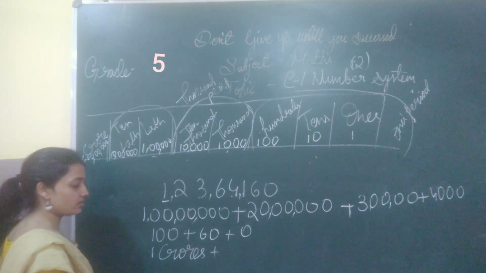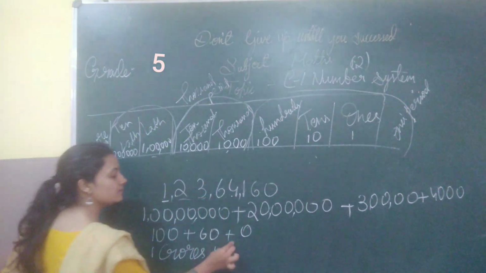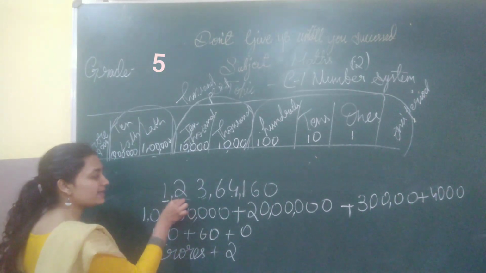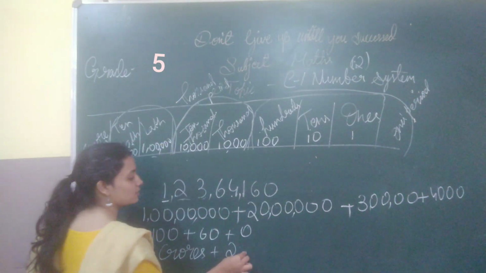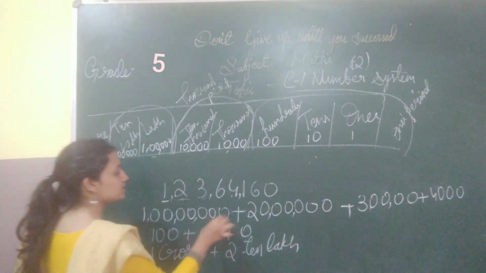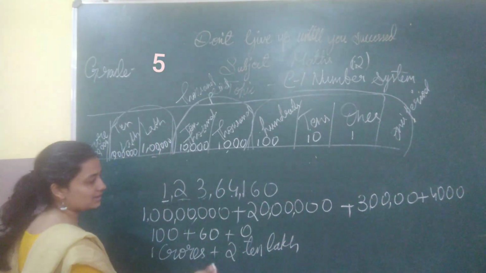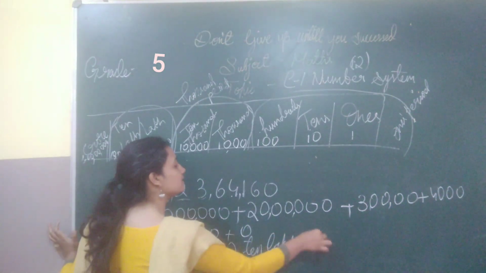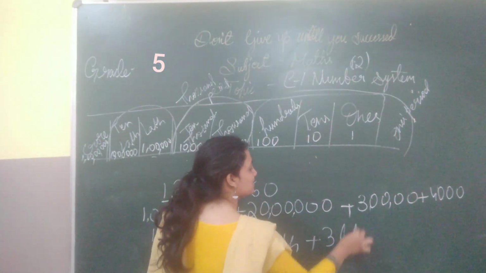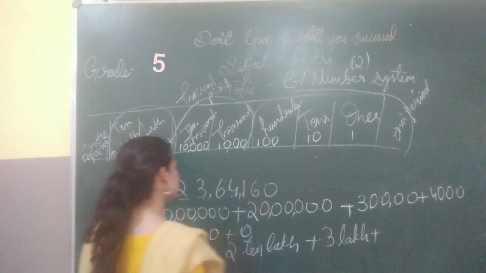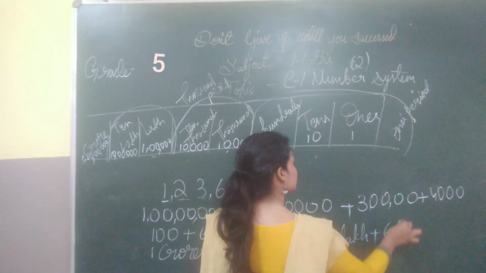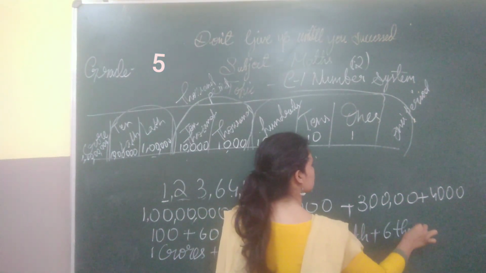And the group name, children. Next you write 23. Or you can also write 2 and which place it is? 10 lakh place. So 10 lakh. Instead of writing this comma, you can write this word. That's the reason. Next, plus 3 is in lakh place. So it will be 3 lakh. Plus next number 64. 10,000